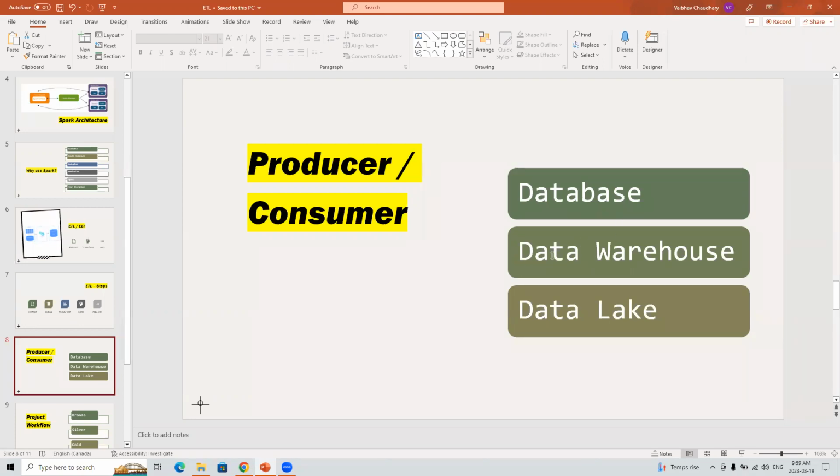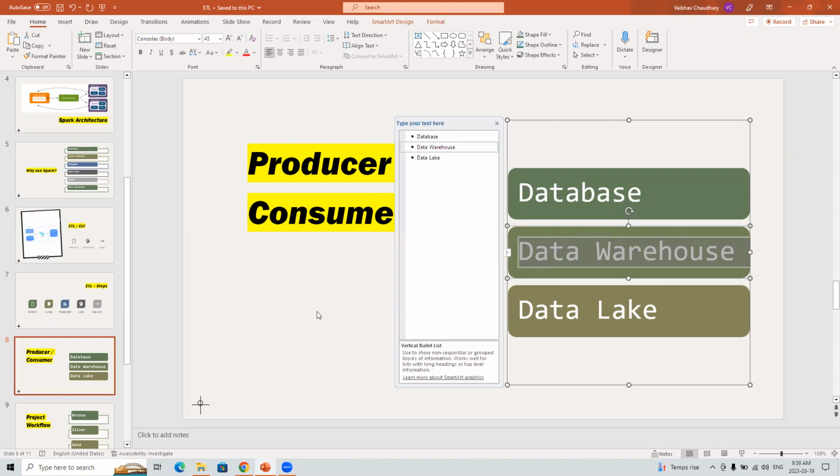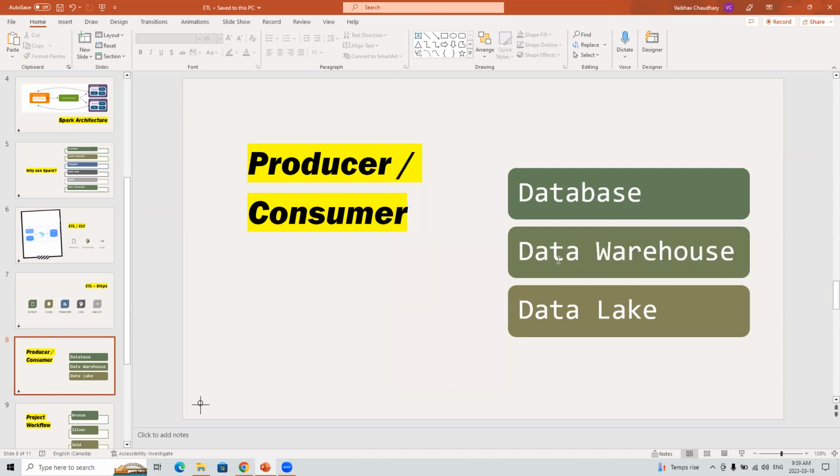And so what is this data warehouse? Imagine the database having multiple tables, right? Maybe a fact table, dimension table, there's a customer, then there's sales, and then there's product. So there may be multiple tables inside the database. So data warehouse is a dump yard for the database.